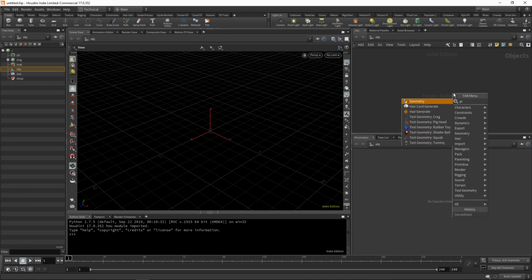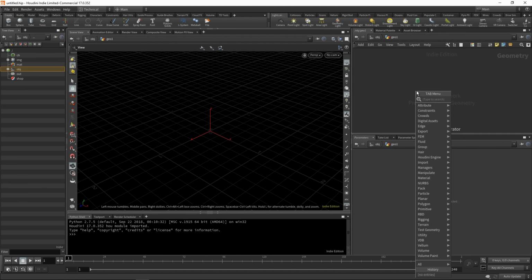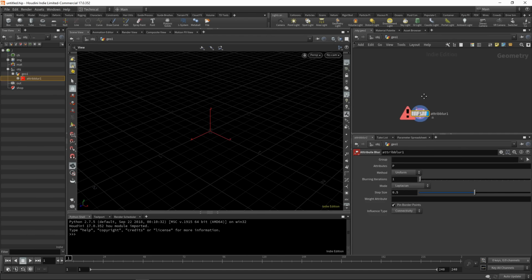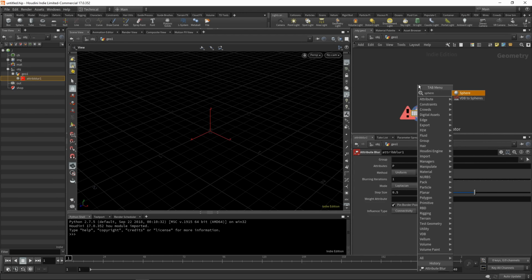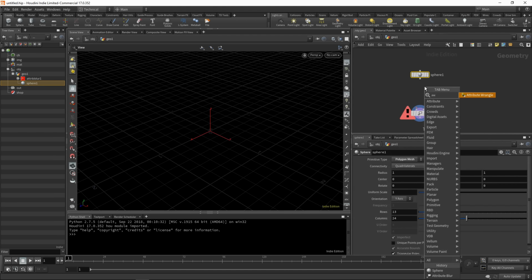So, hope you enjoy. In Houdini, as per usual, let's just go ahead and drop down a geometry node, dive inside, and let's begin with one of the simpler attribute nodes. Let's begin with attribute blur. So drop down an attribute blur, and let's give it something to work with. So above it, let's just drop a sphere, change it to a polygon mesh, and then we'll drop an attribute